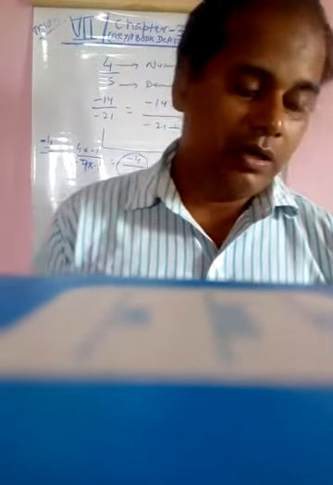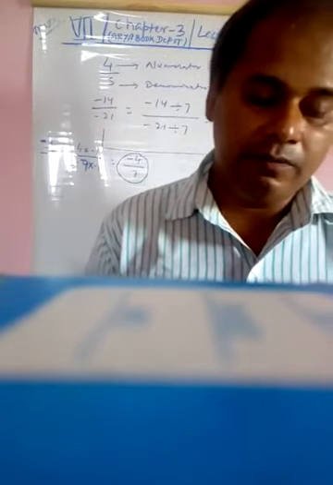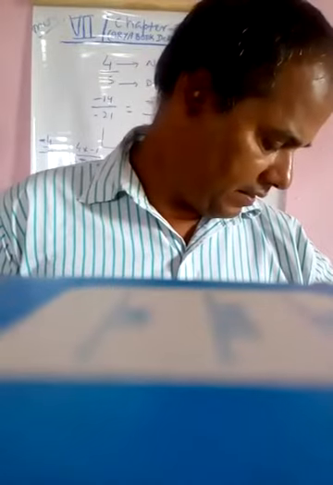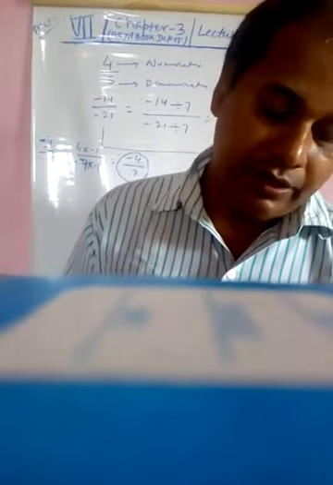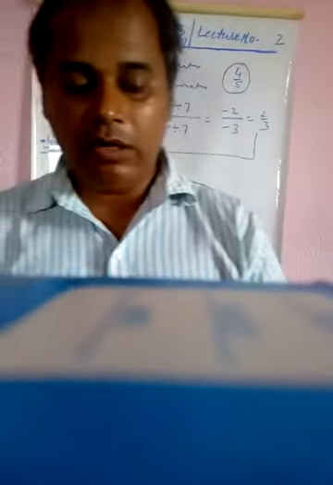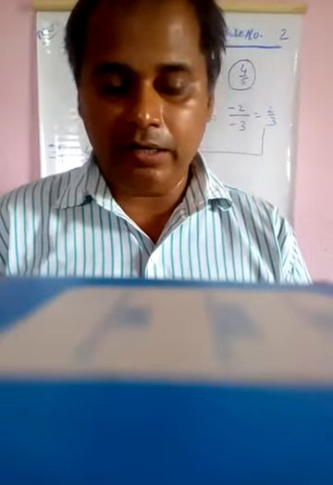For example, 21 by minus 70 is equal to minus 21 divided by minus 7 by minus 70 divided by minus 7 is equal to minus 3 by 10. Divide both numerator and denominator by HCF of 21 and 70, that is 7. So minus 3 by 10 is in standard form, as HCF of minus 3 and 10 is 1 and denominator 10 is positive.